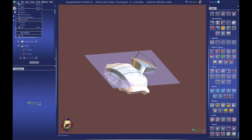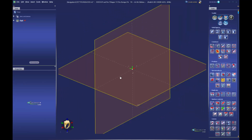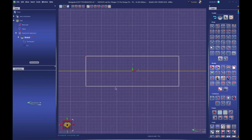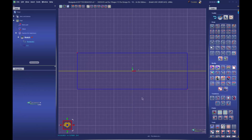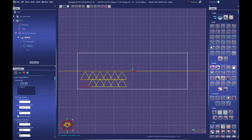Okay, next up we have one more thing, again with sketching patterns and things like that. A lot of times you're going to want to do some nice patterns and a nice pierced type pattern. I'm going to go ahead and sketch out, we'll do a little rectangle here and just make it nice and even, 30 by 10, centered. Okay, and let's do a nice little polygon, a 3-sided. Do an equilateral triangle and place it over here. And I really like the